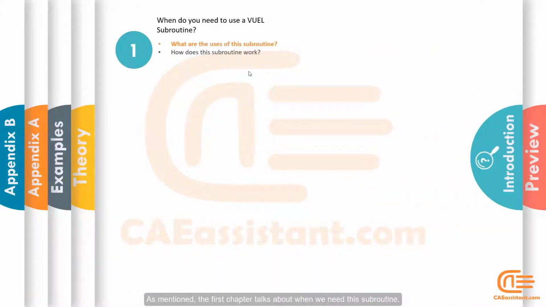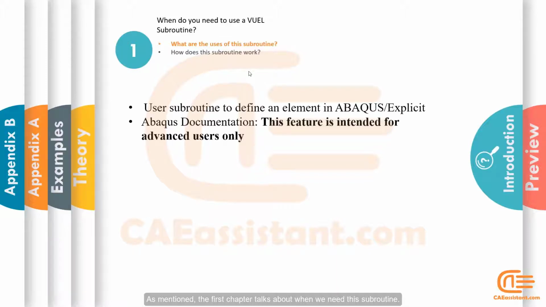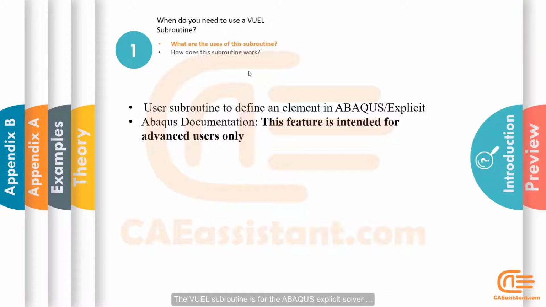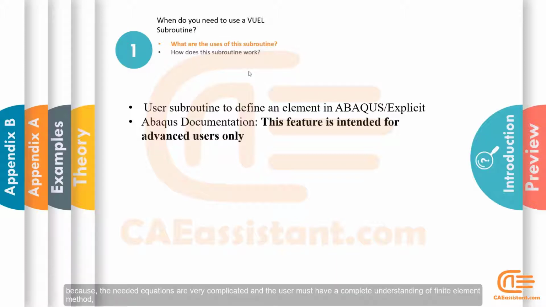As mentioned, the first chapter talks about when we need this subroutine. This subroutine is for the user-defined element in Abaqus software. The VUEL subroutine is for the Abaqus explicit solver. And as mentioned in the software help, this is only for advanced users because the needed equations are very complicated